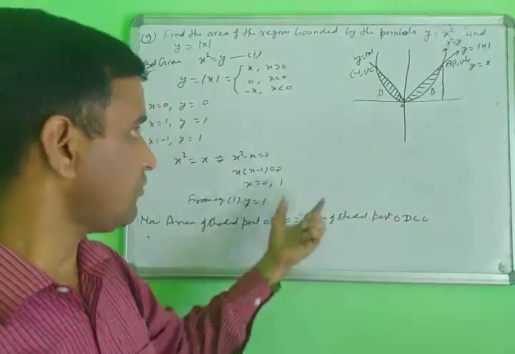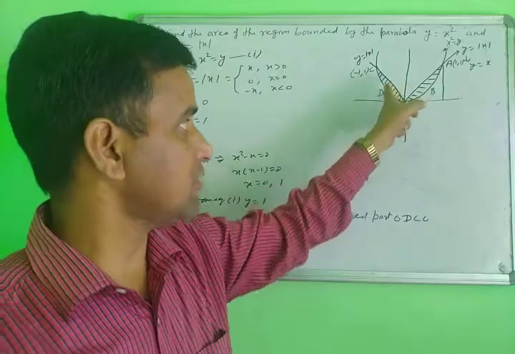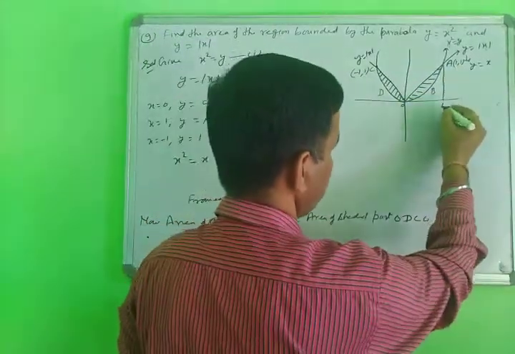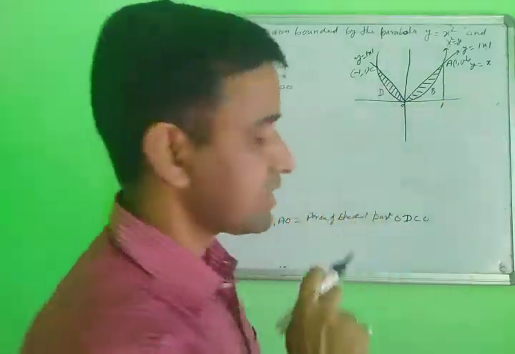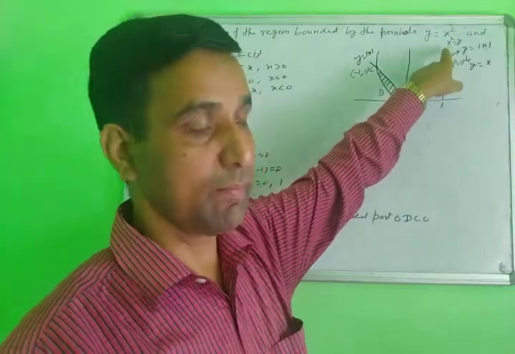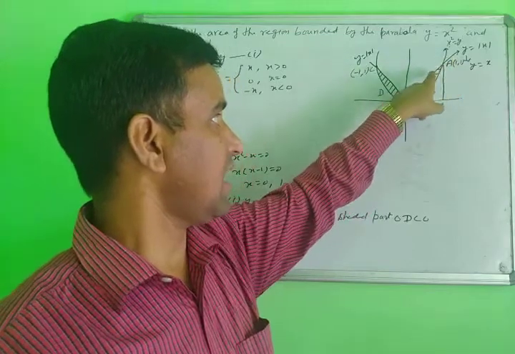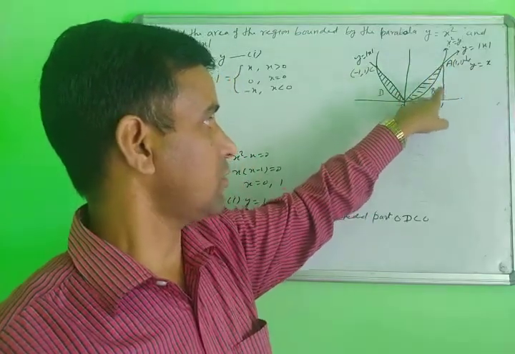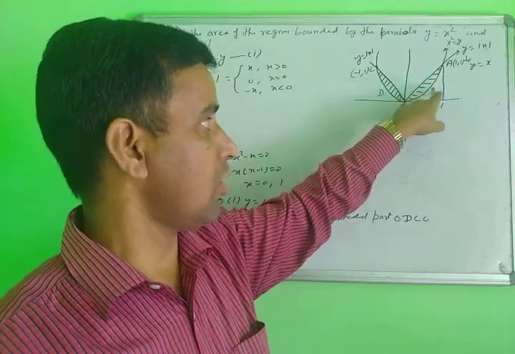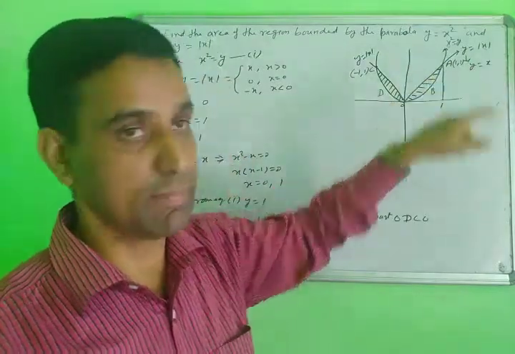So then you can find the first quadrant area, then multiply by 2, then you get the complete answer for the shaded region. Your intersecting points give your limits, 0 to 1. But here you have two curves. One curve is the line, the second curve is your parabola. Under the line is the complete part from here to here. That means you will subtract the area of the parabola from the area of the line, then you get the area of the shaded part.